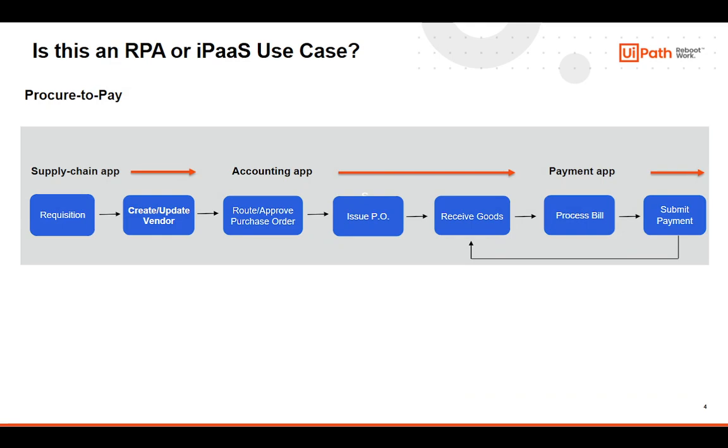Processes are not category aware, meaning this simple procure-to-pay process isn't inherently an iPaaS or RPA process. It's just your process with its own complexity, your own applications, and your own people who may be using email or spreadsheets to copy data, or Post-it notes to track their work through manual steps. Not everything in this process is done via an application, and therefore not everything can be automated by calling an